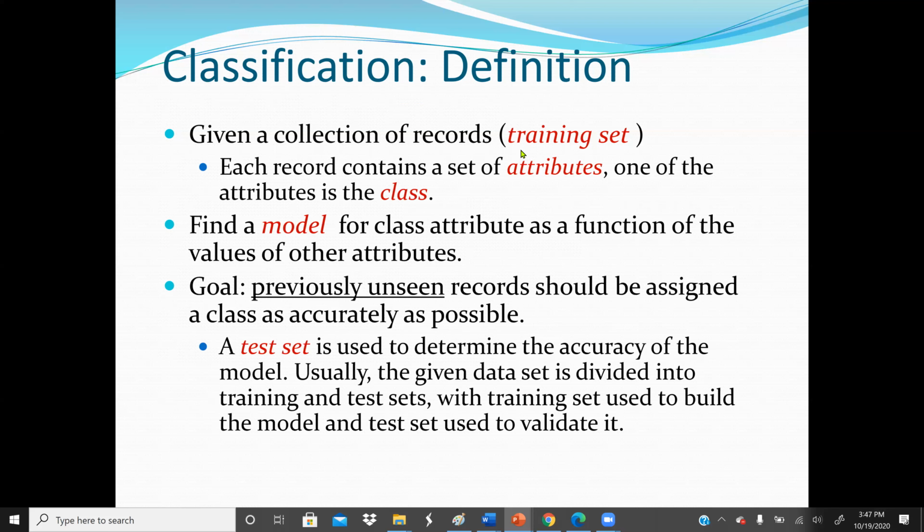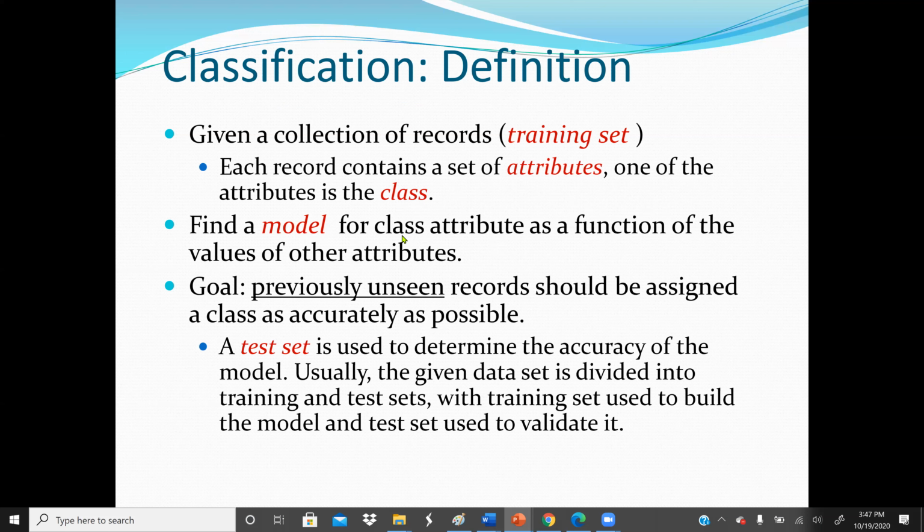So that's the definition. Given a collection of records, which is the training set, each record contains a set of attributes. This can be the patient's temperature, the blood pressure, or the DNA sequence, whatever the attributes are for the patient. An example is a patient. We can have any application, let's say a customer, expenses, income, age, etc. But one of the attributes is the class, which is the outcome. Now find a model for the class attribute as a function of the values of the other attributes. So here we build a model with a